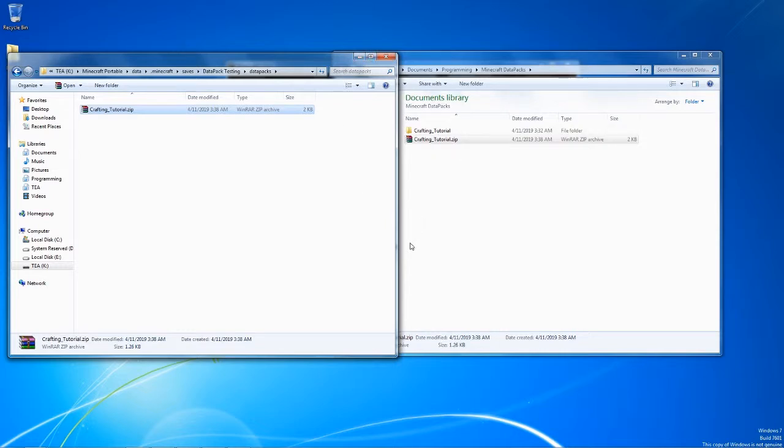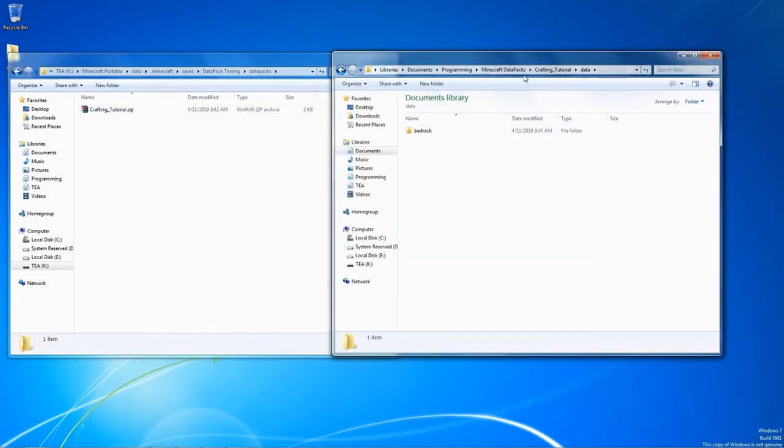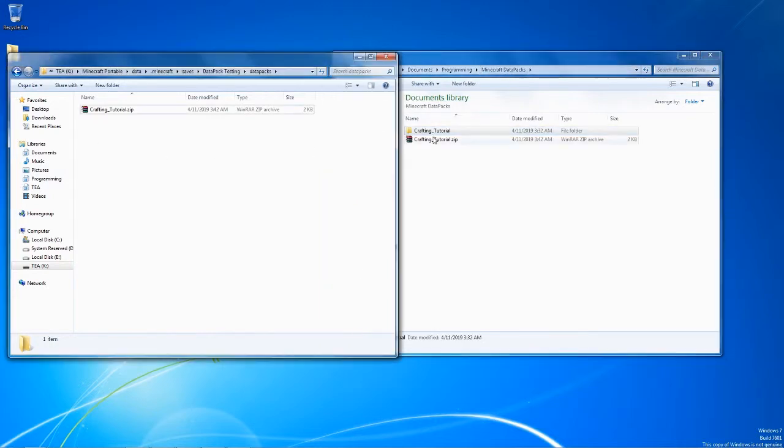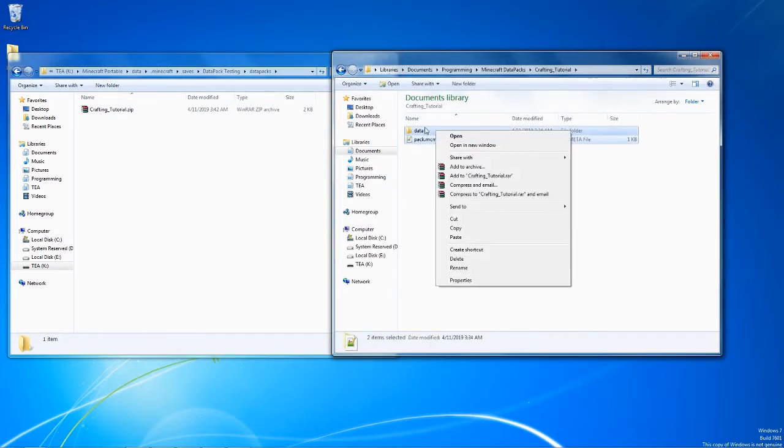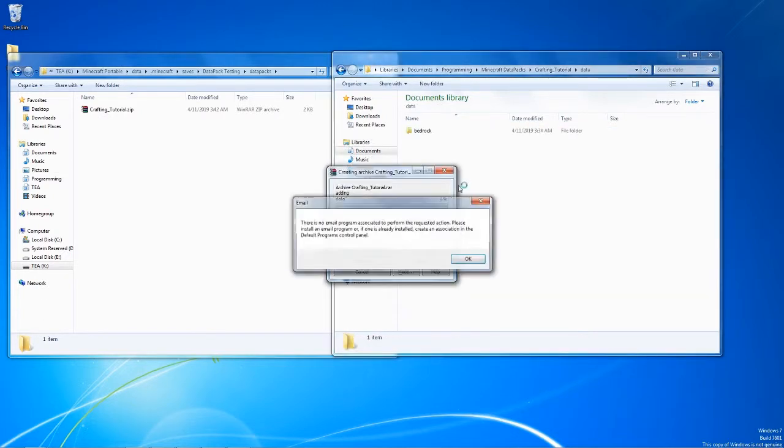Alright, so we're gonna go back into Minecraft and we'll see if it worked. Okay, so I figured out what I did wrong. It actually wasn't a programming error. I just compressed the wrong file. We don't want to compress the file that we made here, crafting tutorial. We want to compress the ones inside, the data and the pack.mcmeta. We want to compress those,